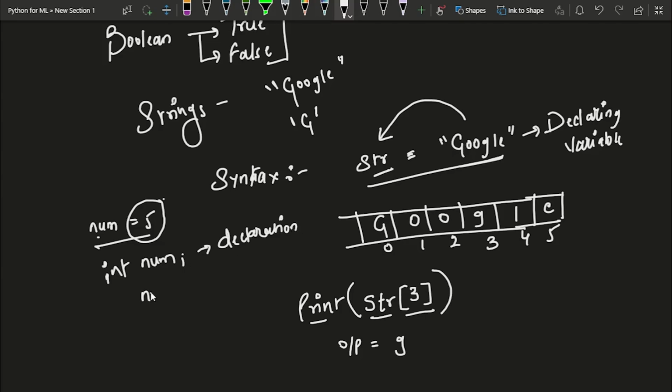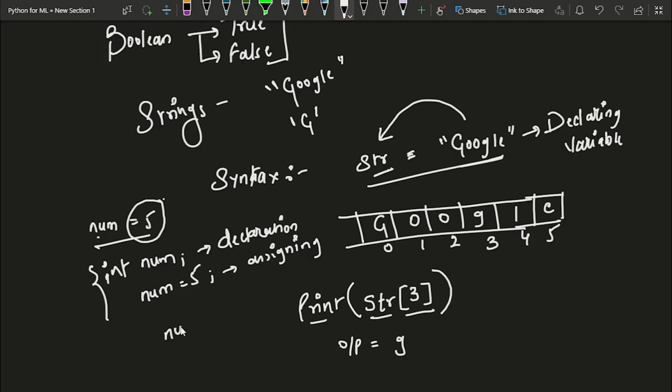And when you assign the value, let's say in the next line you type num is equal to 5, then this is called assignment, or assigning a value. But in Python you do it in a single line only. You don't have to do it in multiple lines.